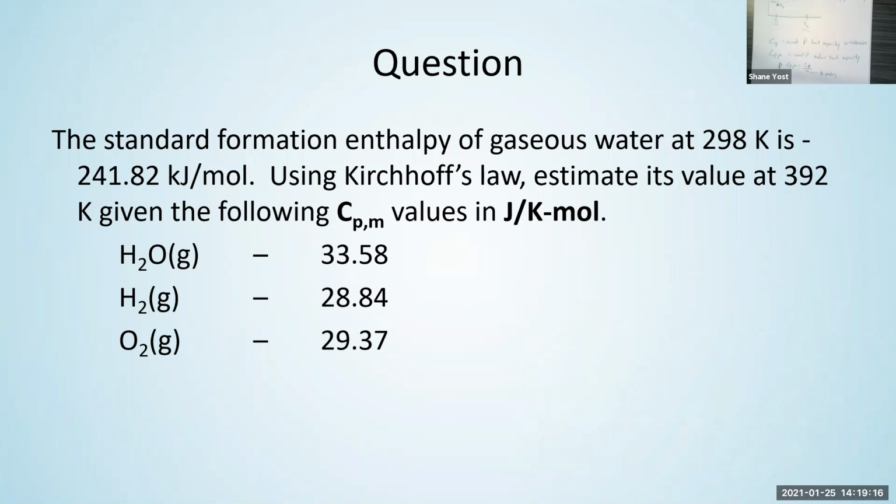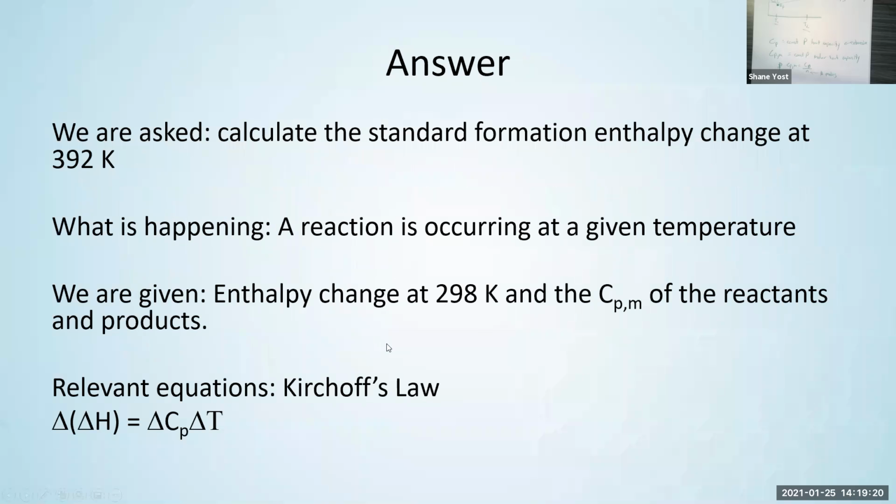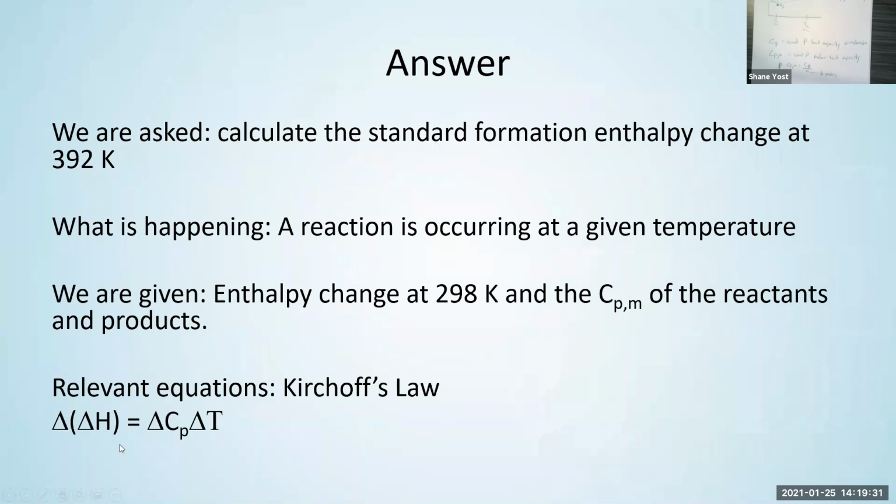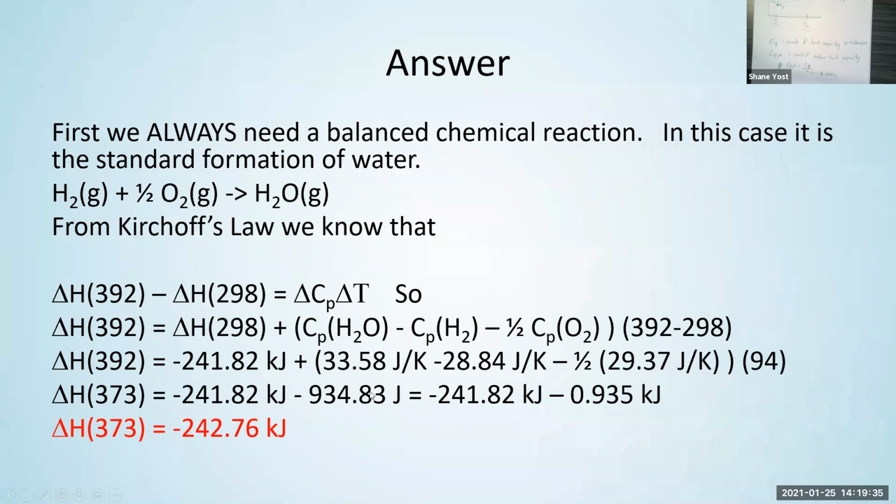All right, so if we're trying to solve this, trying to get that change in entropy with respect to change in temperature, we're going to use, again, this formula here: delta H is equal to delta Cp times delta T. So we have to write out that formation reaction, which is H2 gas plus 1/2 O2 gas going to 1